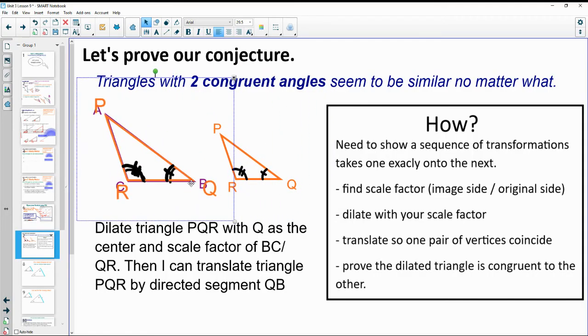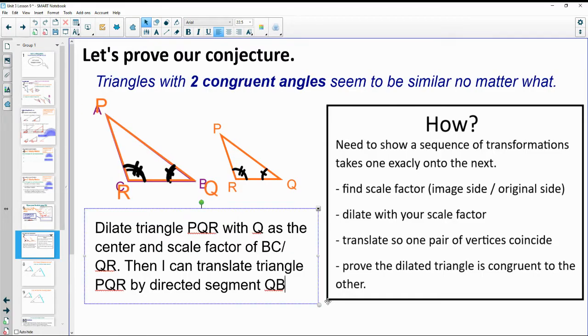Now I've moved Q onto B. Okay, so now Q is on top of B. Then we can prove that they're congruent now, because now this triangle will land right on top of it. Okay, then triangle PQR will land exactly on triangle ABC,